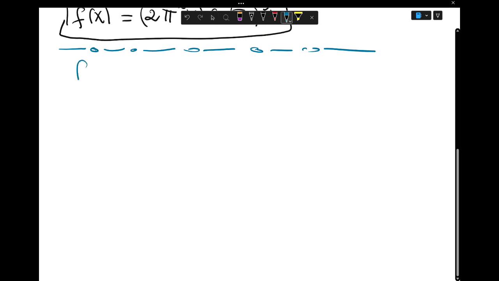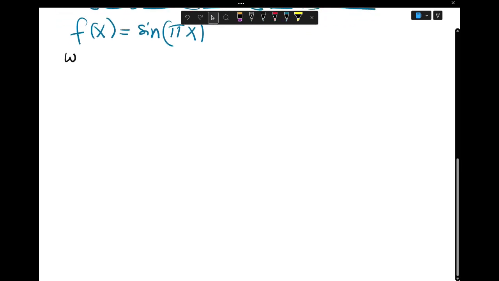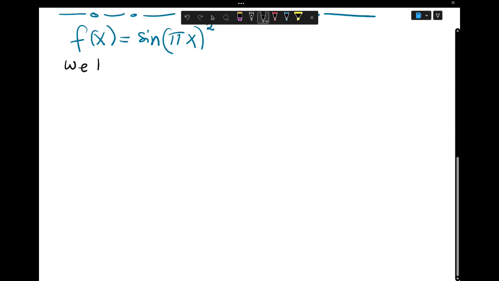I'm just going to say f of x equal sine of pi times x square. So we know, let me move this up a little bit, so we know that